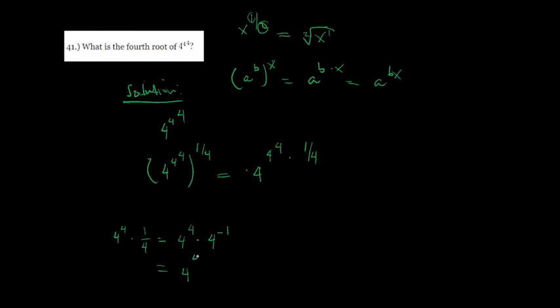So we have 4 plus negative 1, which is 4 minus 1, that is 3. So this is simply equal to 4 to the power of 4 to the power of